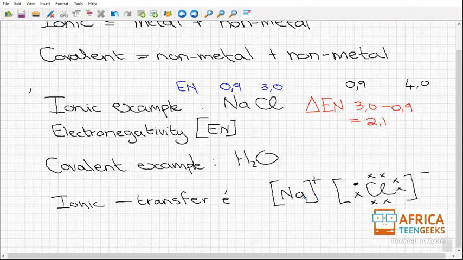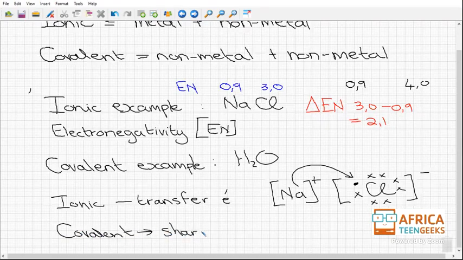So there was an electron over here that has now been transferred to chlorine. Okay. And covalent shares electrons. Okay. So if we look at water,